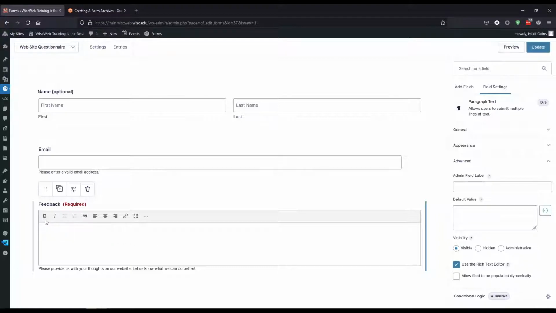And the rich text editor is the ability to add in things like bolding, italicizing, some of these more formatting type things that you could put into a text area. It's just tricky because, do you want people to be able to